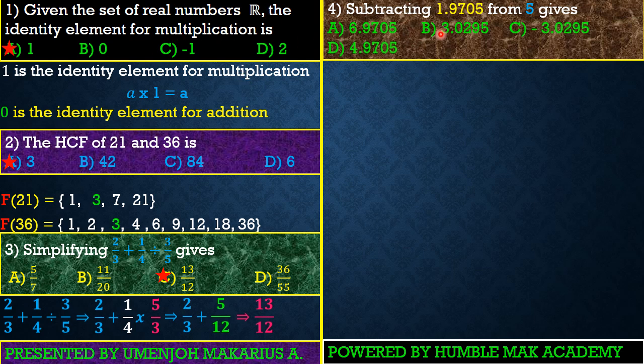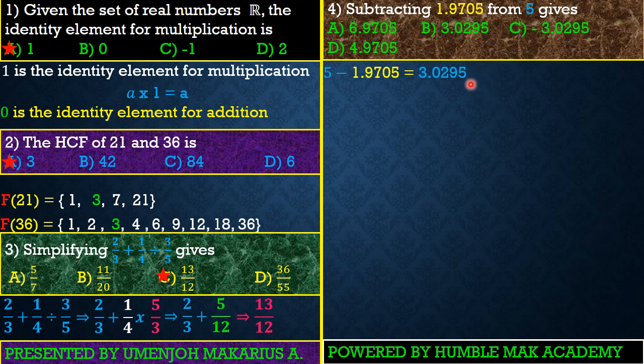Okay, now guys, to get this done, it is very, very important that you get the English of this question. You have to subtract 1.9705, that's a smaller number, from a big number, which means your answer must end up being a positive result. In that light, friends, if you take 5 minus 1.9705, it's going to give us